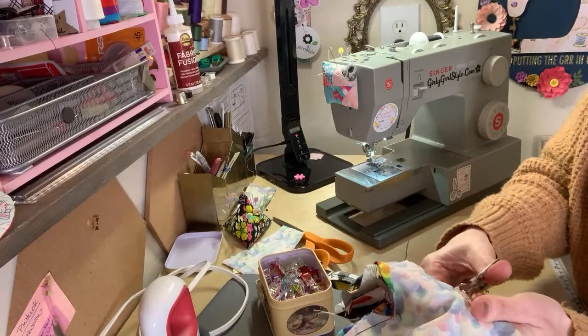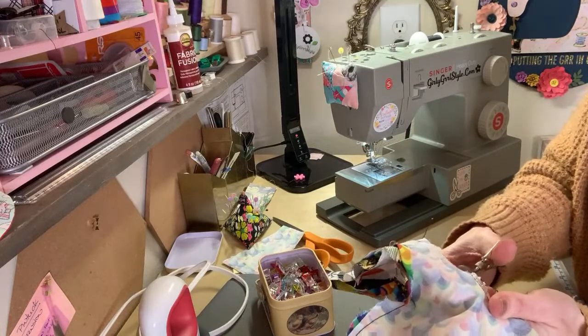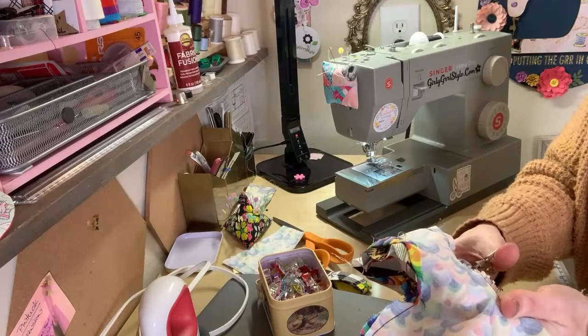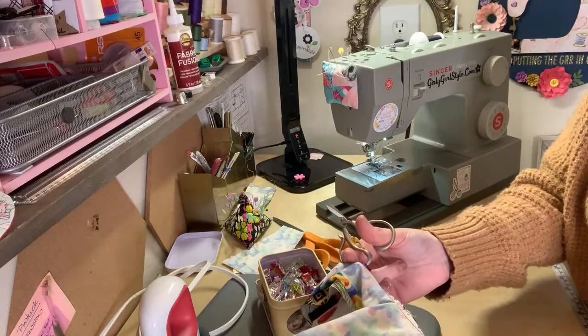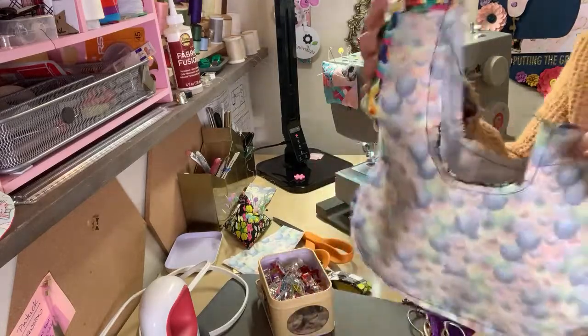But the great news with this is if you turn it right side out and realize that it's not laying the way you want it to, you can go back and clip off extra fabric, because we're not sealing it or anything yet. Okay, now